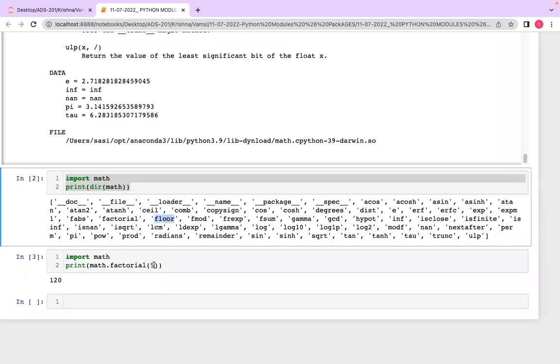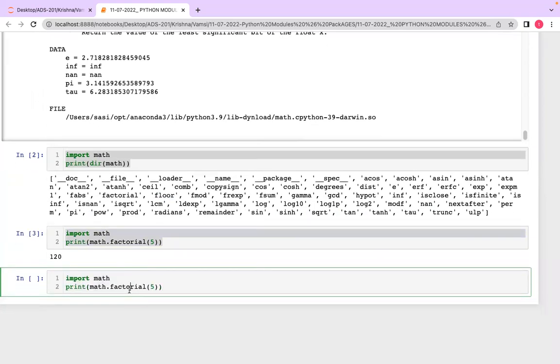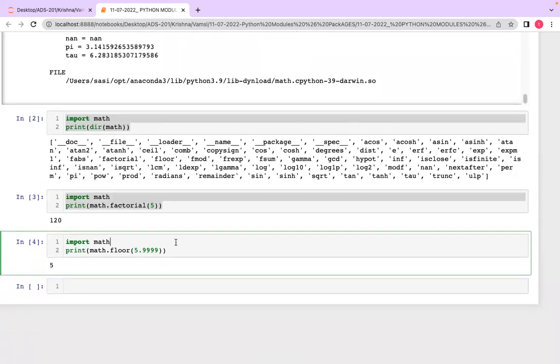Meanwhile, if I want to use the floor method, then we use math, making sure to use the module name followed by floor. So here we have 5.99 or something like this, then it is flooring to 5 only. We get the lowest integer, which should be less than 5.999.